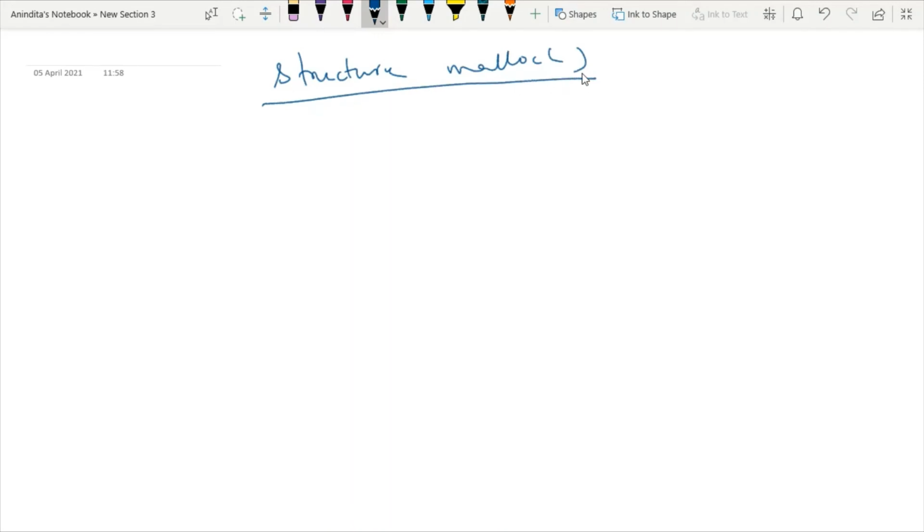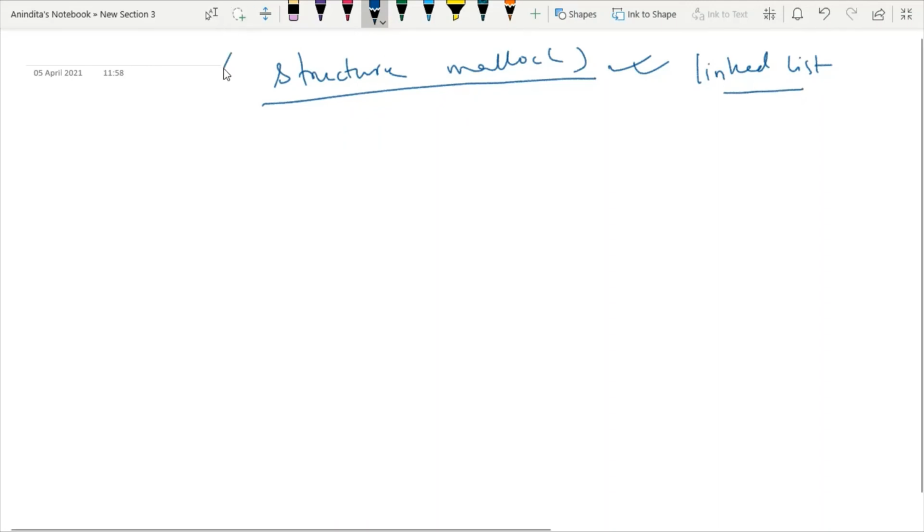So now we know that dynamic memory allocation is a very important concept in C. It allows building complex data structures such as linked lists. So this is the application. Whenever you want to create any linked list, you have to understand how to define a structure with malloc.